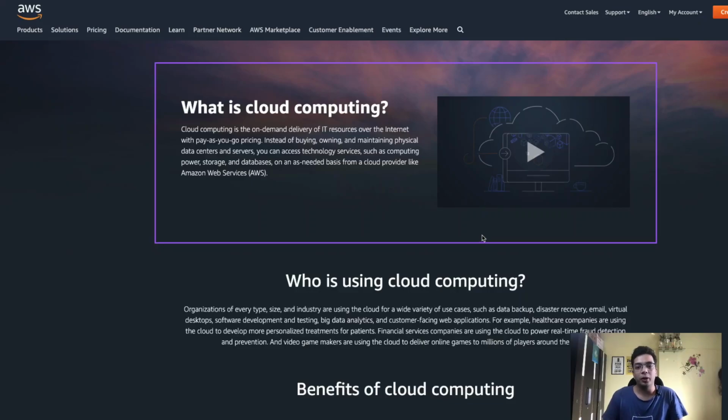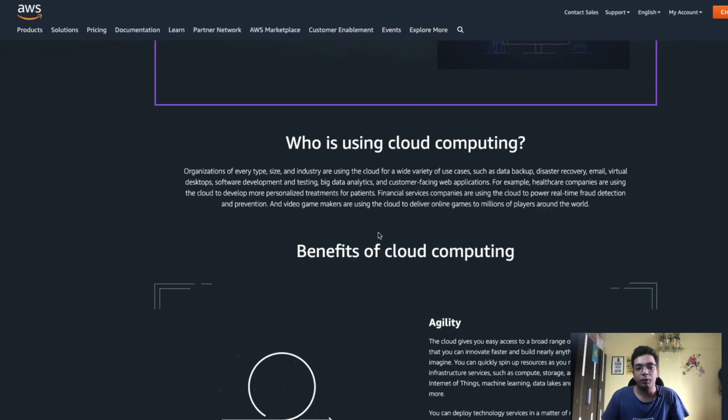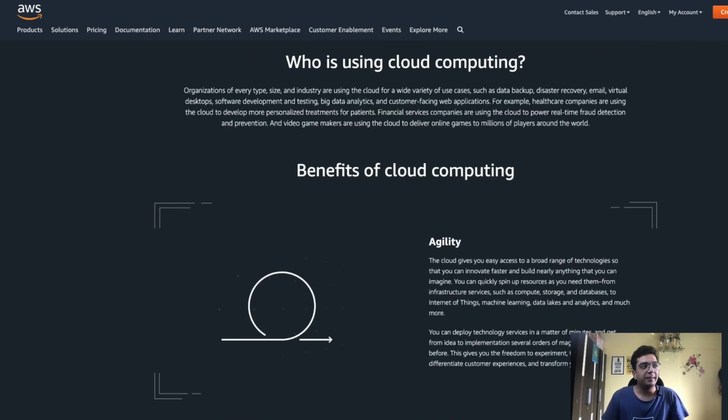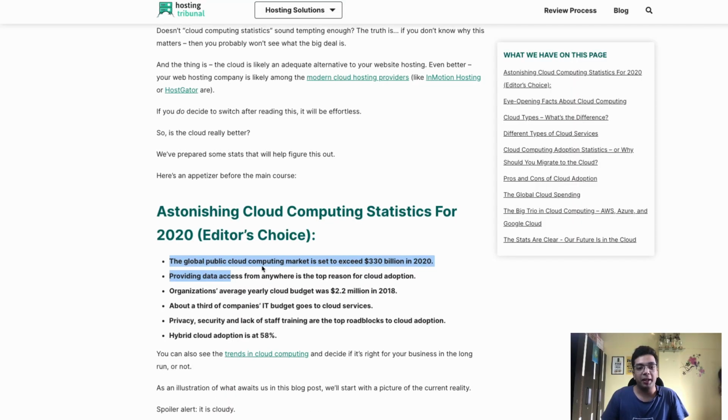Cloud computing is not new to us. It has been in the market for decades, but it has been transforming the way we make our applications and deploy them. In recent years, the cloud computing market has boomed a lot. As you can see in this stat, it is expected to grow to $330 billion in 2020,